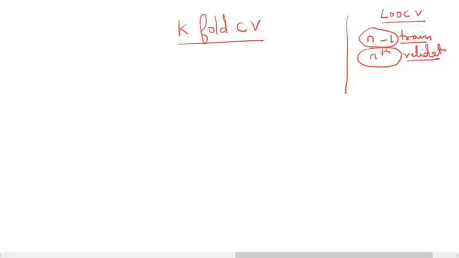Let's talk about K-fold cross-validation. Quick recap, we have seen leave-one-out cross-validation in a previous video and the disadvantage of it. Leave-one-out cross-validation, what do we do there? We take n-1 data points as the training data and the nth data point we take as the validation